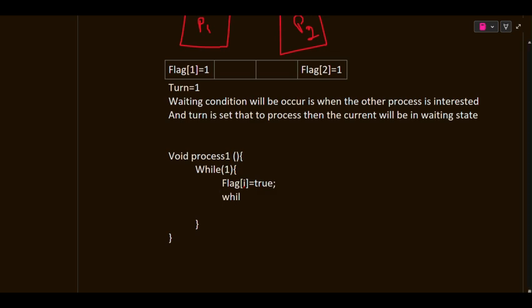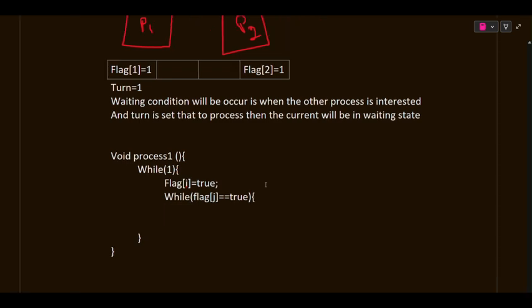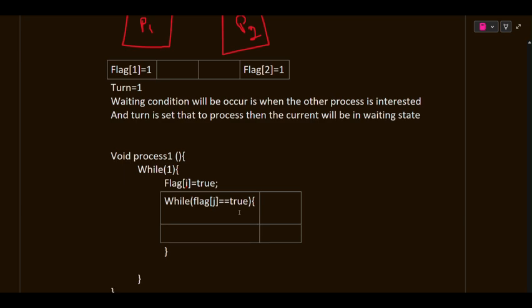And it will check the condition that if the flag of the process j is true, which implies that the other process is interested in entering into the critical section,